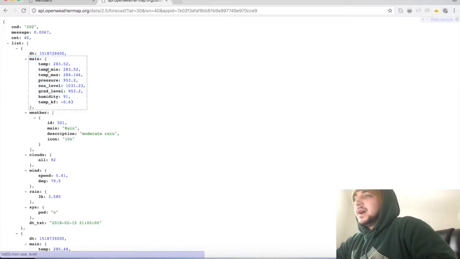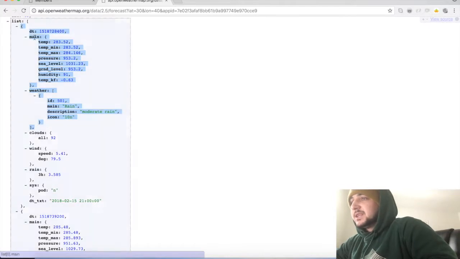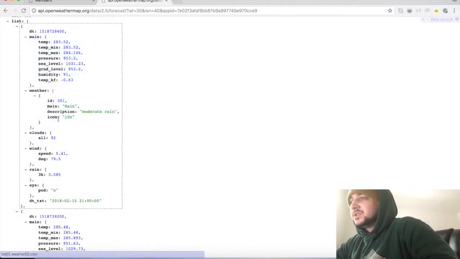I have another new object in main, which holds all my temperatures, and I have another new object in weather, which is an array as well and holds a new object as well, and so on and so forth. These are the only things I'm really interested in, maybe not even the date so much,